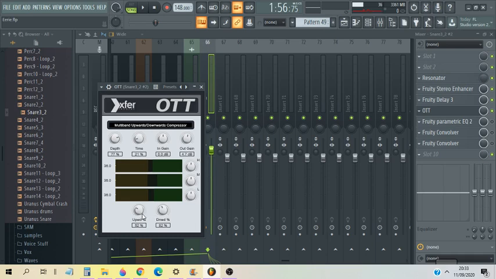I've reduced the upward quite a bit because I wanted to make this OTT a little bit subtle, and that's not usually what OTT does. I mean, it's supposed to be over the top. So I'm making it so that the upwards pushing volume is still there, but less drastic than usual. And I'm doing the same for the downwards, just because I find that on 100% or higher, the downwards part in OTT usually makes it sound very flat.